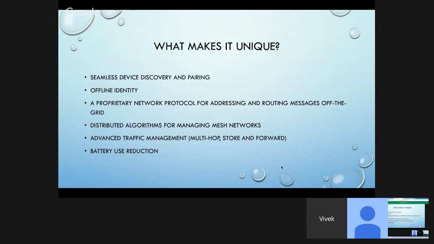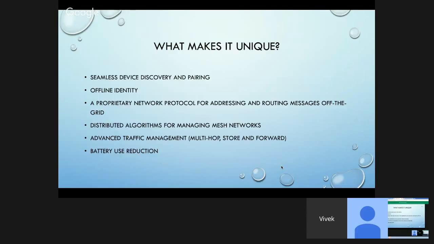And multi-hop is what I just mentioned earlier, but store and forward is, let's say you send a message to one person, but they don't have any connection, and they're far away from you, so Open Garden cannot reach them.